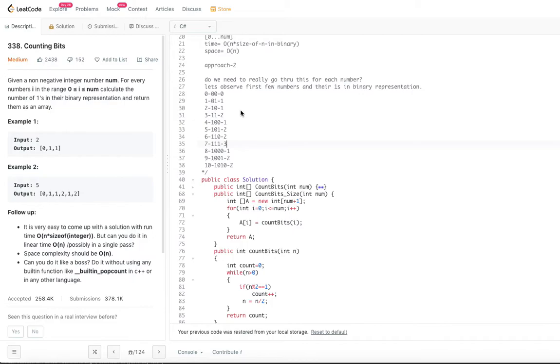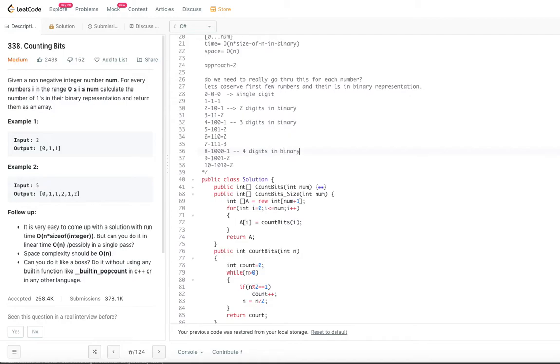Is there something that we can correlate? You can actually take this extra 0 off. For the first two numbers, there is a single digit in binary. From here there are 2 digits in binary, from here 3 digits in binary, and from here 4 digits in binary.